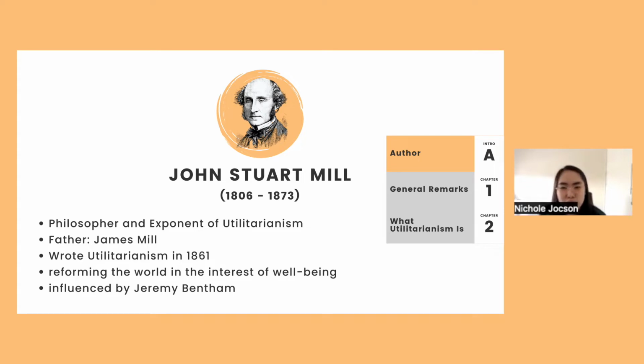Okay, so John Stuart Mill, born in 1806 and died in 1873, was an English philosopher, economist, and exponent of utilitarianism. His father, James Mill, was the reason why at such a young age, John Stuart was already exposed to the writings of historians and philosophers. John Stuart Mill had a lifelong goal of reforming the world in the interest of human well-being. And with this, he wrote Utilitarianism in 1861 with the goal to justify the utilitarian principle as the foundation of